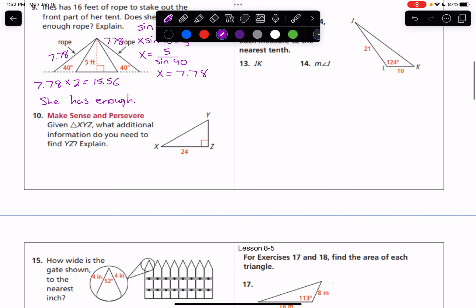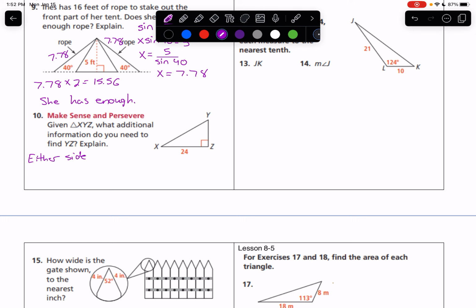Number 10, what additional information do you need to find YZ? So we want to find a second side of this right triangle. There are multiple ways we can do this. One way would be with the Pythagorean theorem. So if we wanted to use the Pythagorean theorem and find YZ, we would just need to know the other side of this triangle. If we knew 24 and the hypotenuse, we could use the Pythagorean theorem to find the third side. So either